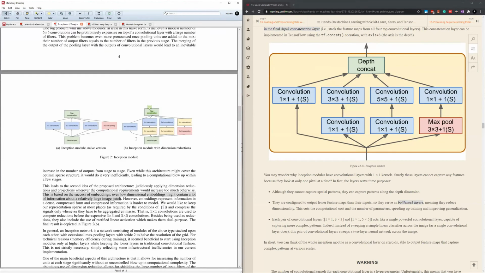Here in the paper, right. Because they have, this was a naive version in which firstly they have tried this, and then they had used this 3x3 max pool, then followed by the 1x1 convolution. And this worked, but I do not have any idea about why a max pool followed by 1x1 works, and why